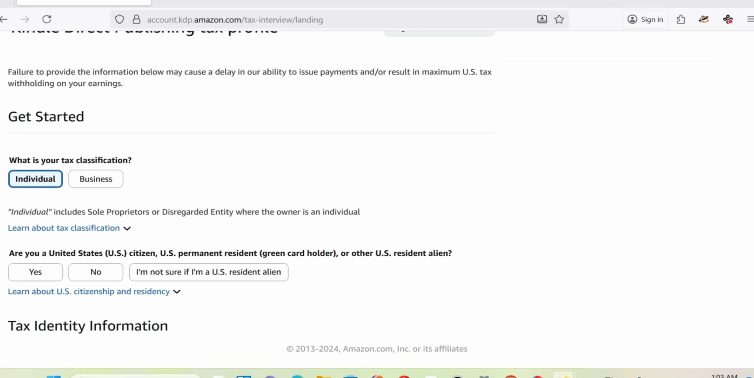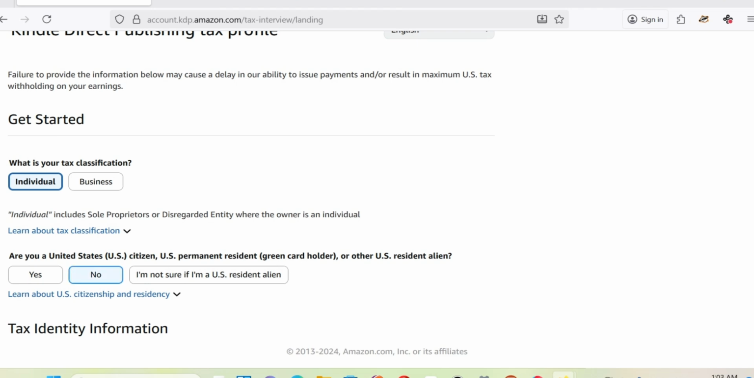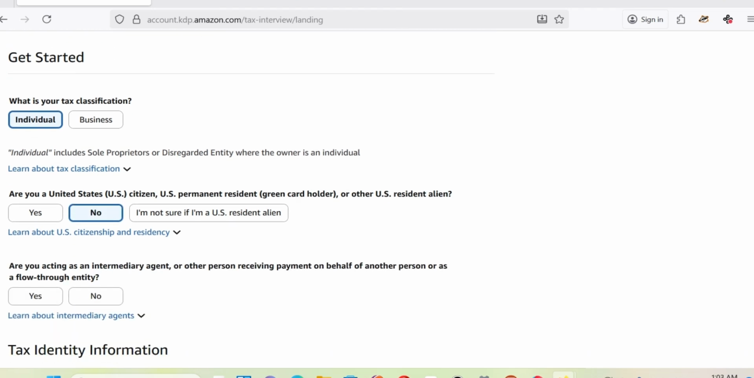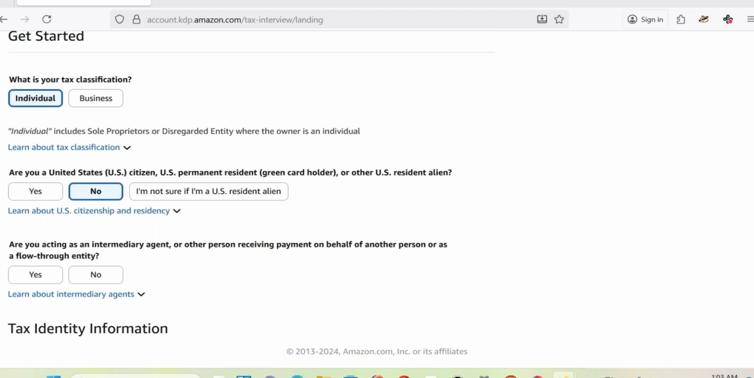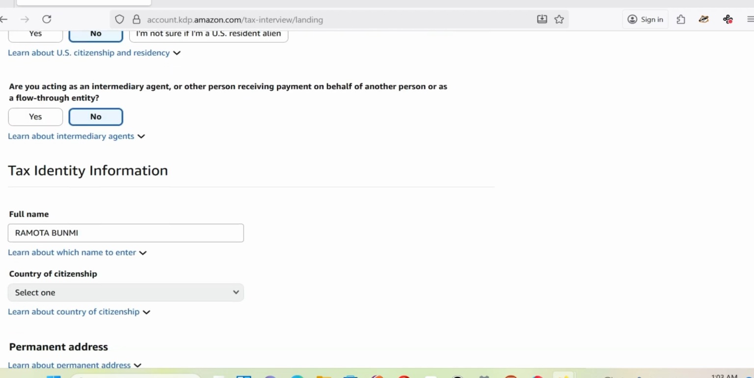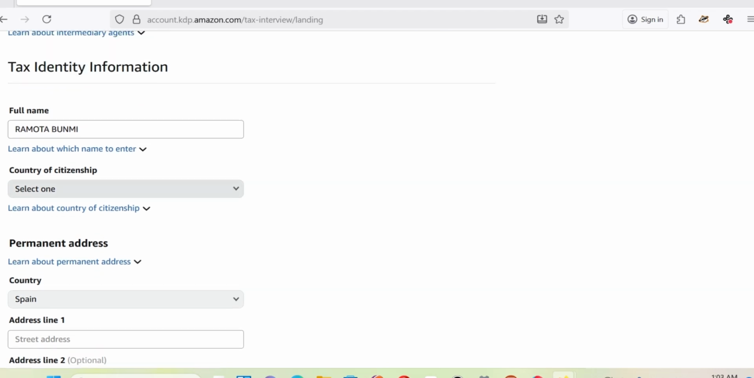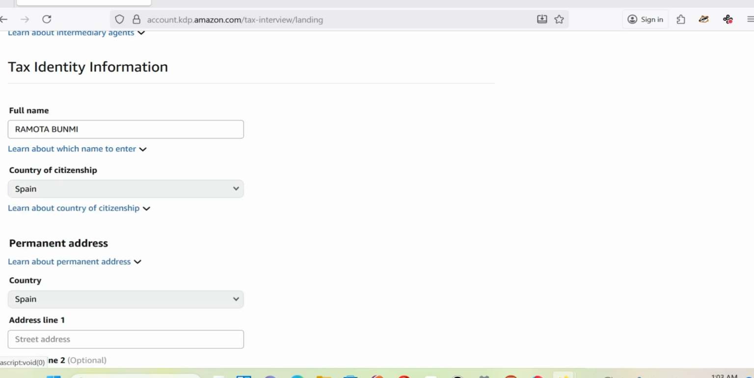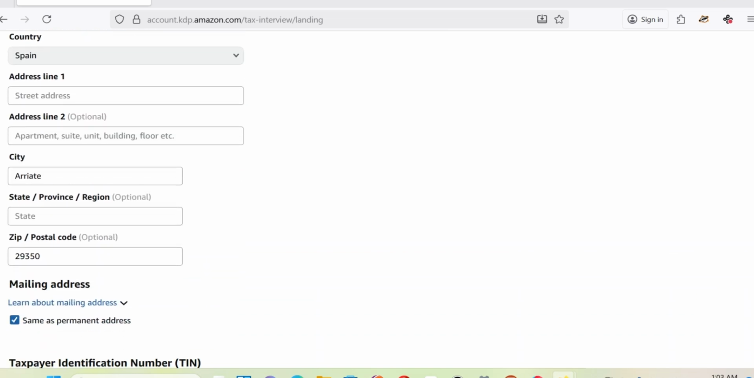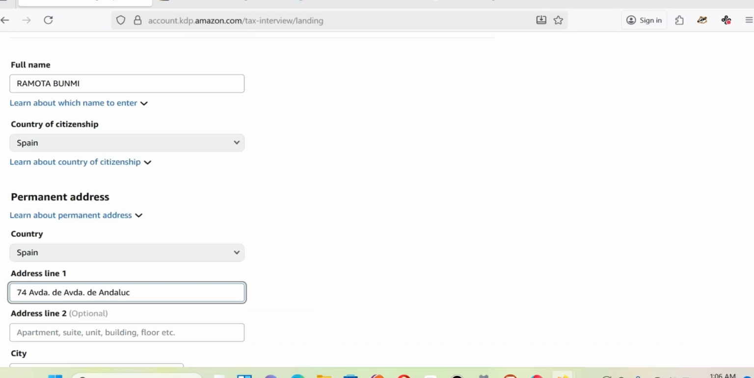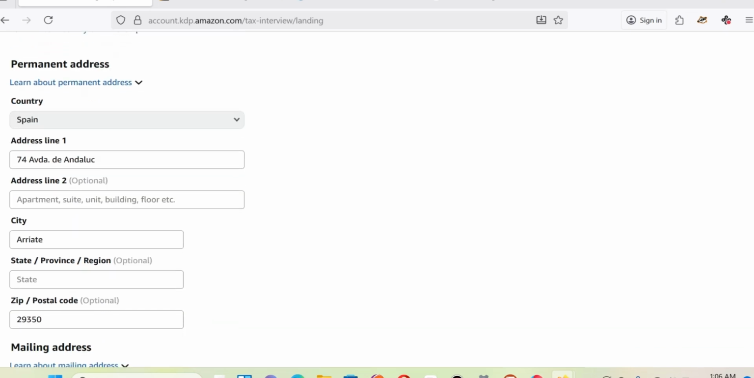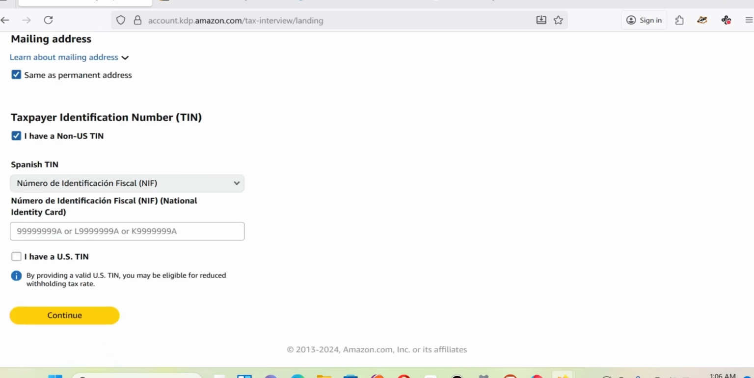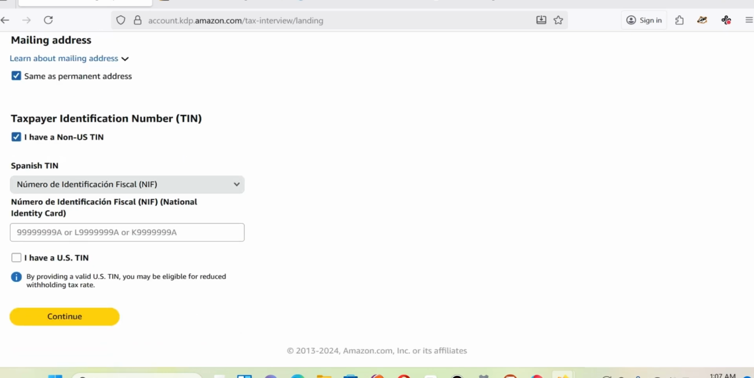So in this place, are you a US citizen? You click no, because I am about to create a Spain account. So the account I'm creating here is a Spain account. Are you acting as an intermediary? No. So for country, we are choosing Spain. Then you will scroll down and confirm the address. Then your identification number,